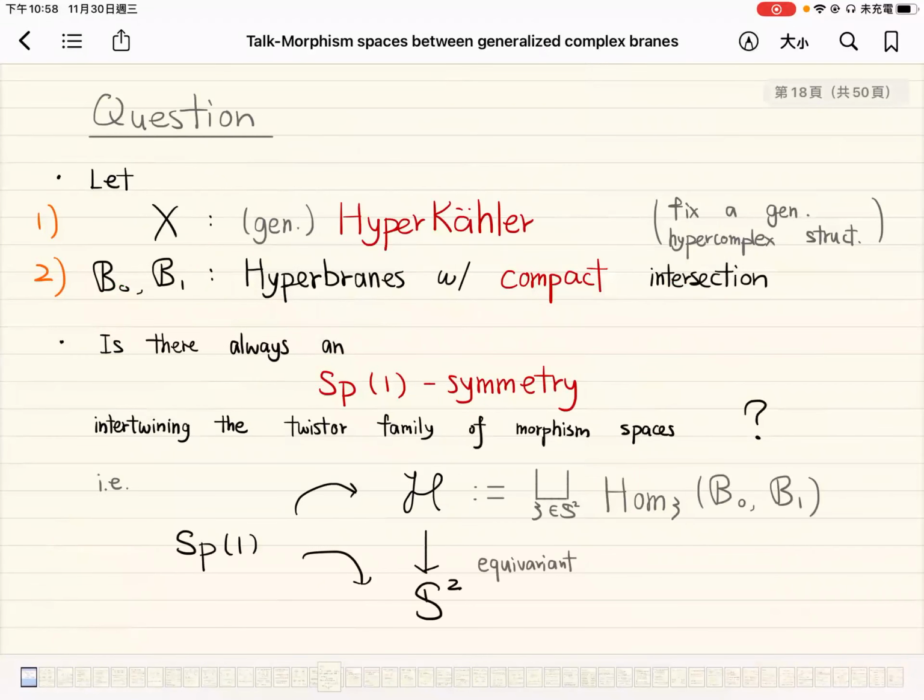So now, inspired by the claim of Yau-Tung, we want to ask the following question, and our work is really trying to answer this kind of question for some particular case. So this is an expectation motivated by the claim of Yau-Tung. Suppose we have a hyperkähler manifold X, and by the previous procedure, we can give rise to a generalized hypercomplex structure from this hyperkähler manifold. So we fix a generalized hypercomplex structure.